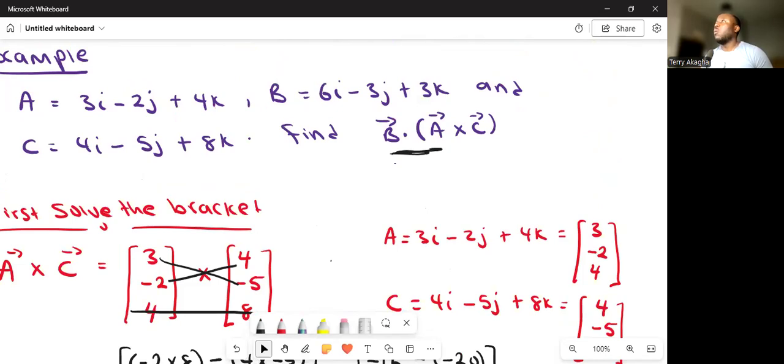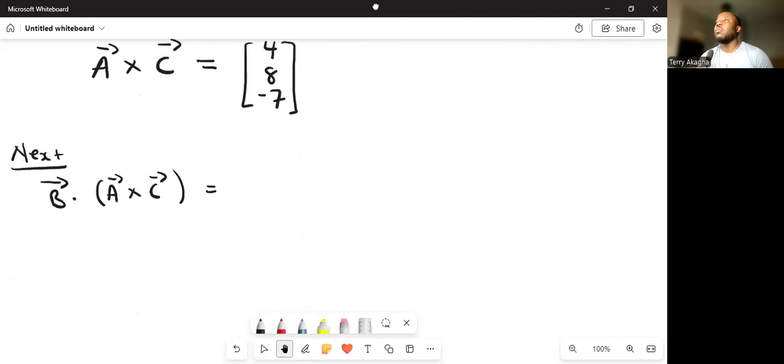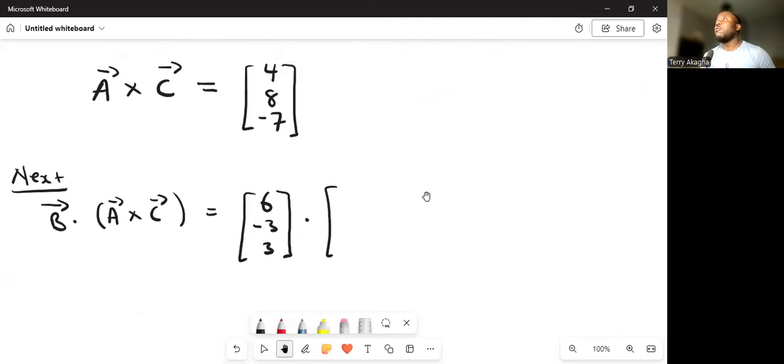The B was given, so we can now write B to be 6, minus 3 and 3. Because you have 6 here, minus 3 and 3. So we're going to go down and write that: 6, minus 3 and 3. It's doing a dot product with the answer we got there, 4, 8,